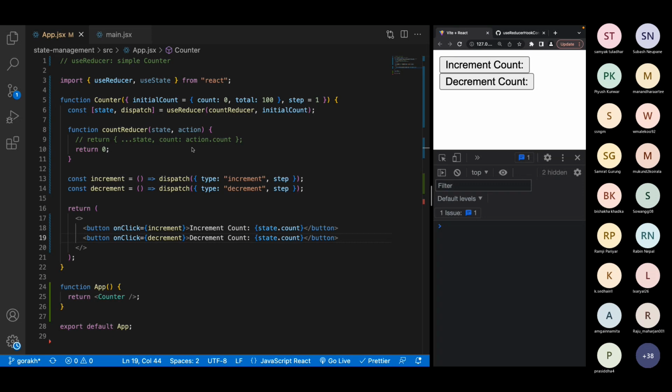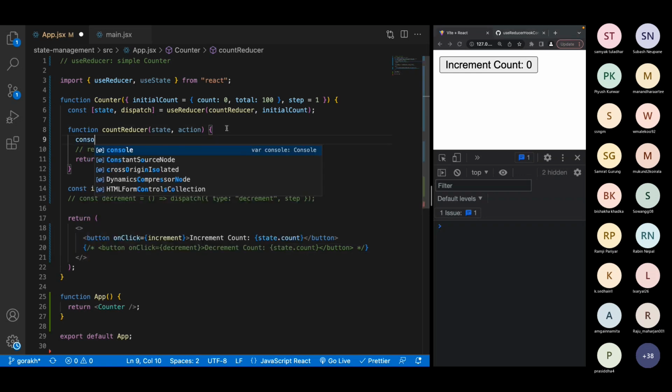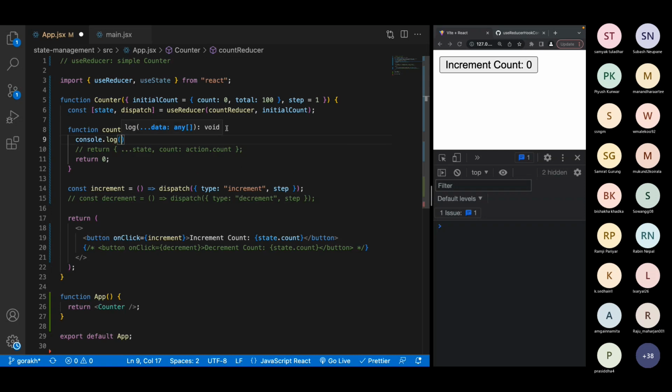So we received the value, the type here already. Action contains this value, right? Am I correct? Let me only work with this first function. Later we will work with the second one. I'm going to disable the decrement count for now. We only have increment count. The action here we are receiving is the type and the state, right? And we need to click here. The action we are receiving here is type increment, step 1. So can we say